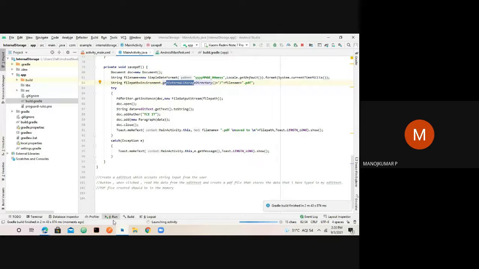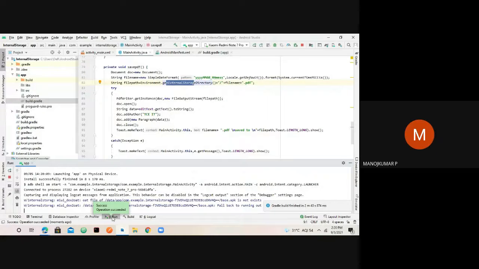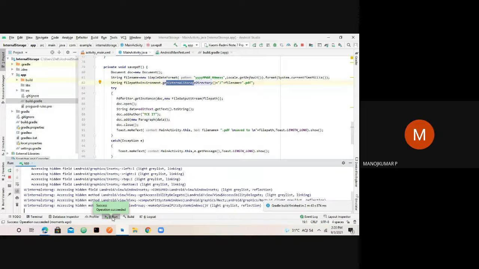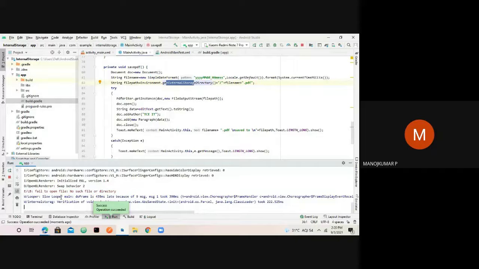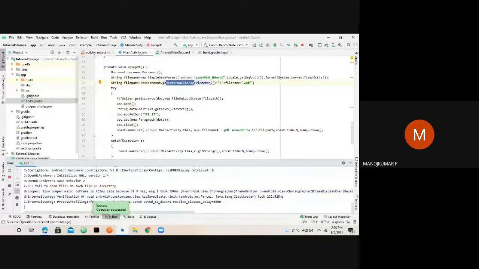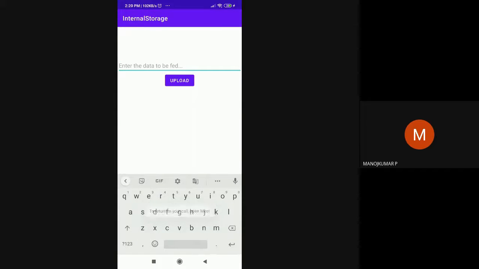Let's see if there is any problem in this application. Okay, so let me show you the output here. It's successful actually. So I'll share my screen, and I would like to show you the output. This is what we have designed.